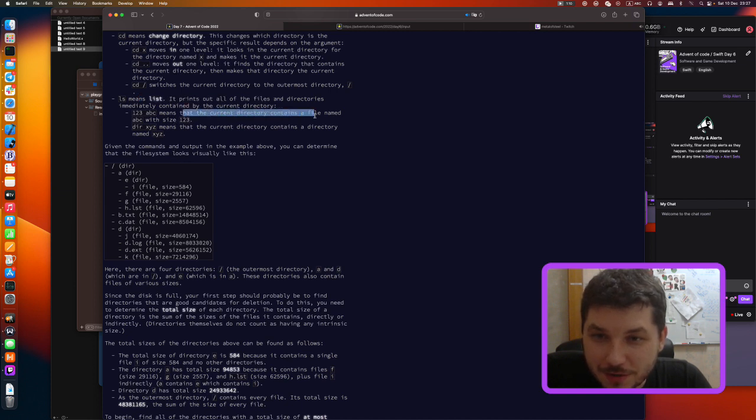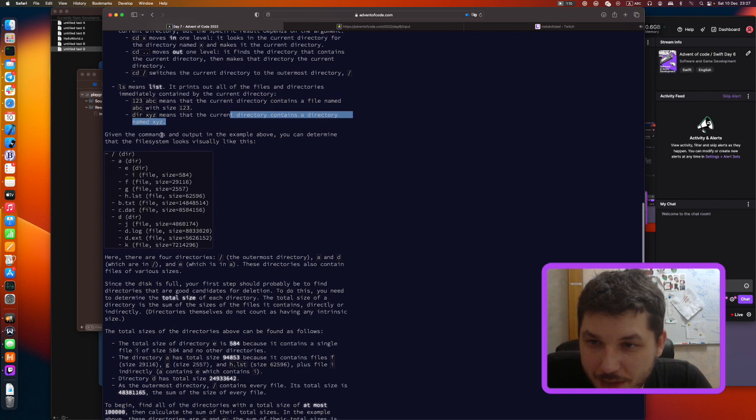123 abc means the current directory contains a file named abc with size 123. Dir xyz means that the current directory contains a directory named xyz, right? Given the commands and the output in the example above, you can determine that the file system looks visually like